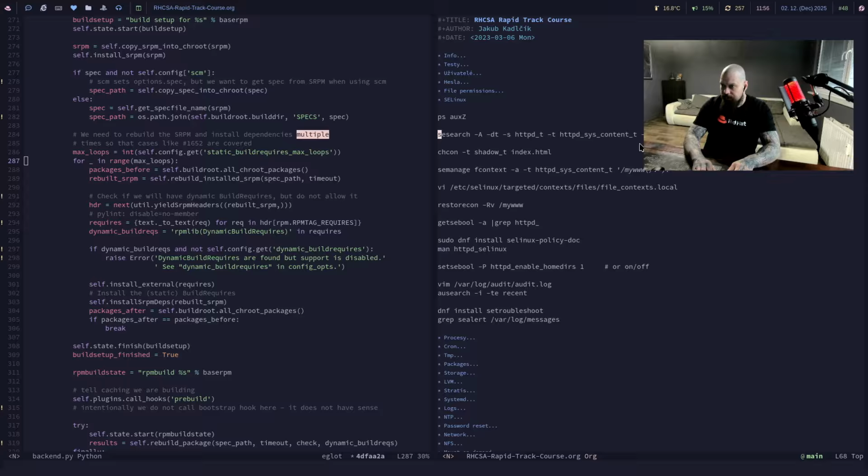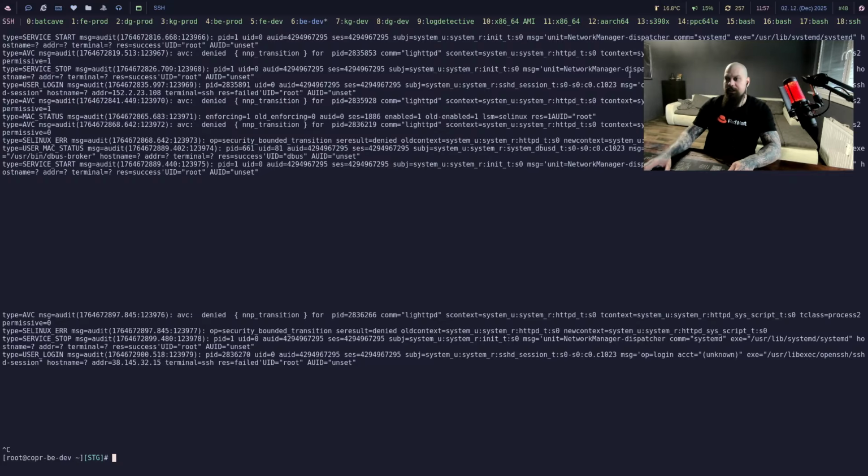I don't remember what this is. We can probably set a context, I guess. We can search the audit log using this. That's cool. However, this doesn't. I want to see what file is violating that